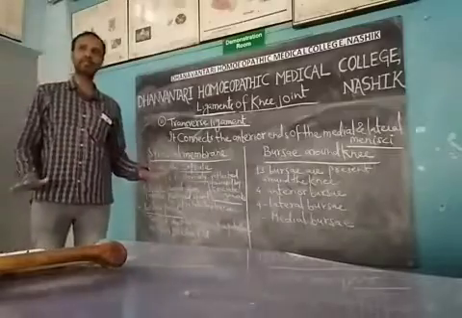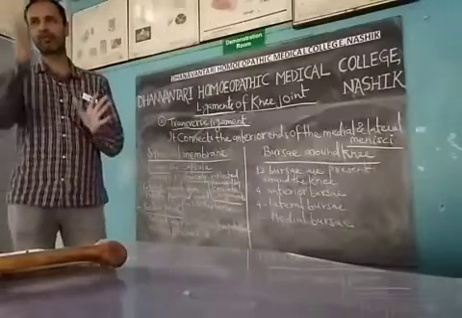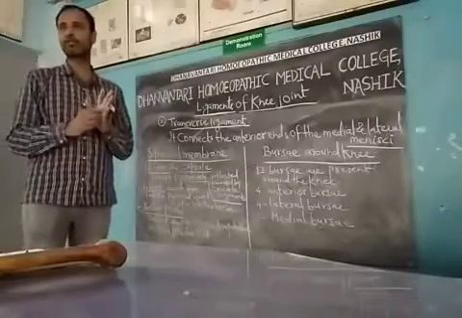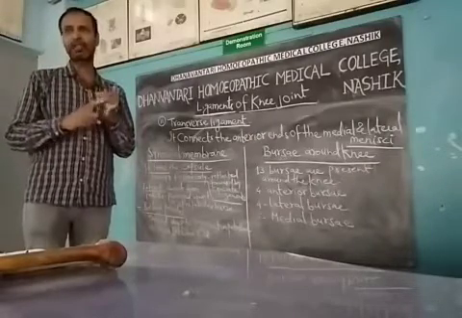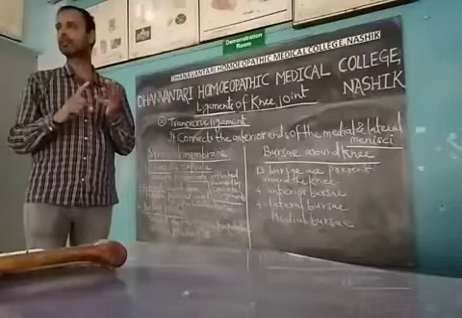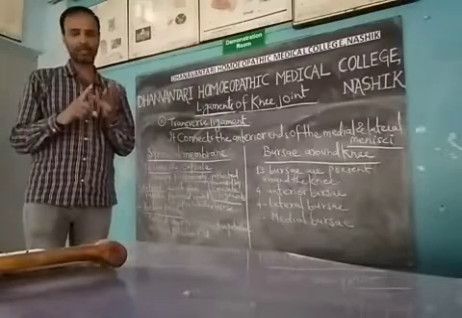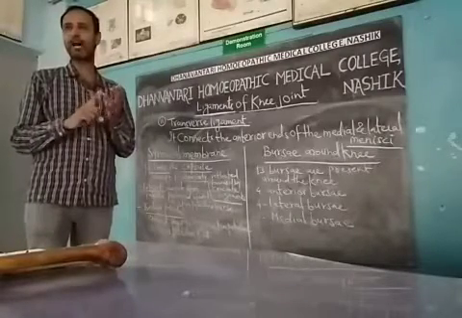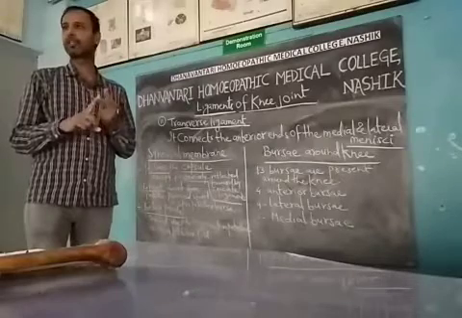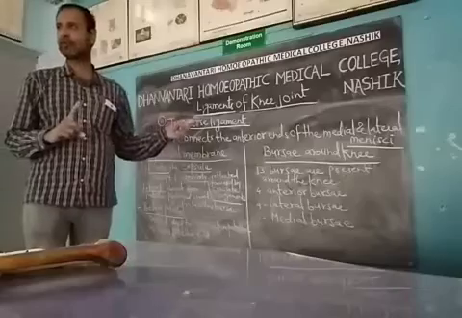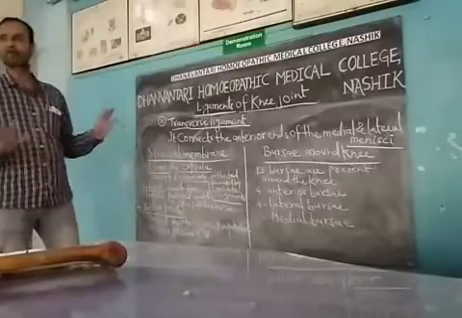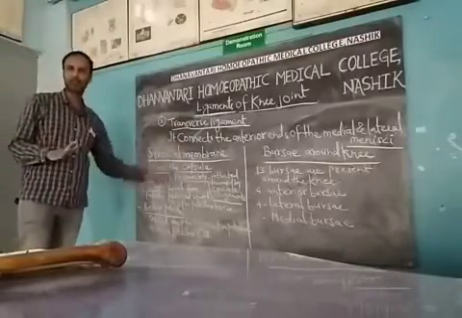Now with all these 11 ligaments we have completed. In short, we can make a list of the 11 ligaments we have learned: fibrous capsule, ligamentum patellae, medial collateral ligament, fibular collateral ligament, oblique popliteal ligament, arcuate popliteal ligament, then the cruciate ligaments, anterior and posterior, then the menisci, lateral and medial, and then the transverse ligament. So these are the 11 ligaments we have learned.